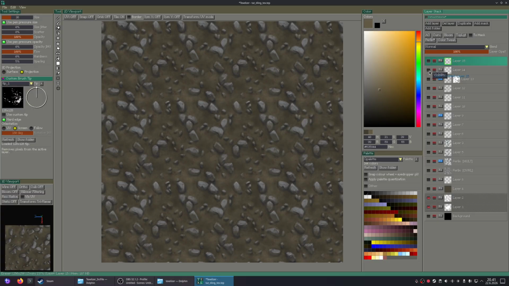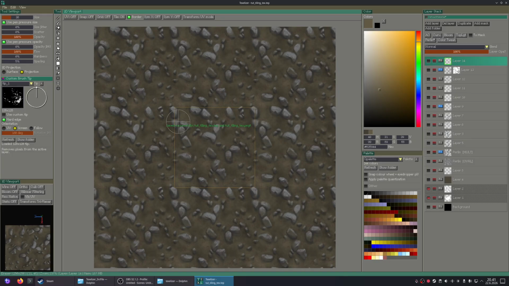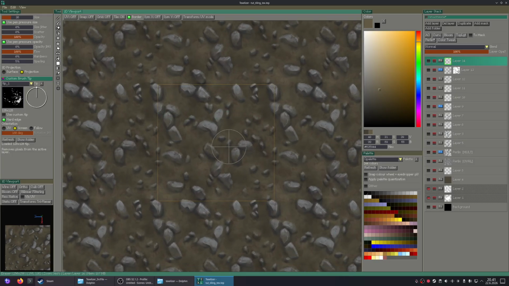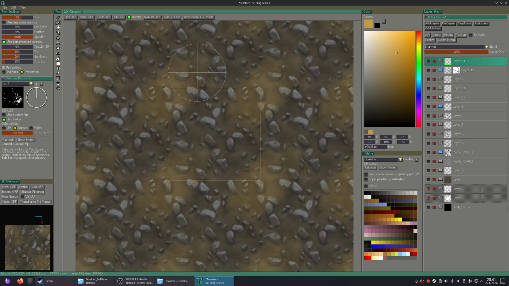I still want more color variation in this. What do we do next? This could be already finished for the sake of this tutorial, but I'll spend just a few more minutes. I want to see if I can come up with something that really takes this to the next level.